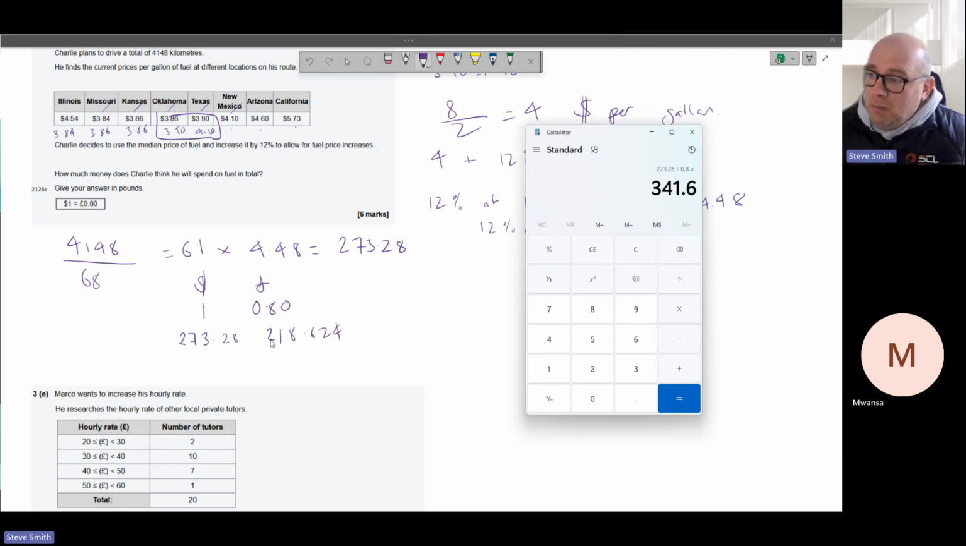So how can $273 now become £341? It doesn't work. It has to be smaller. So if you set it out like that and see what one's worth, you can see that's the smaller side. And that's the price we're going to pay,